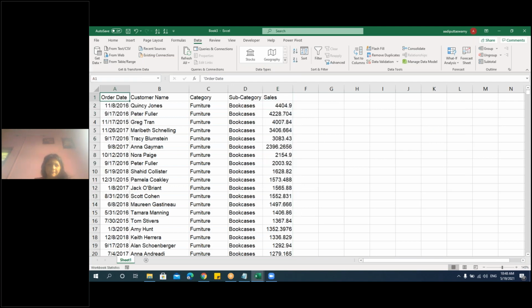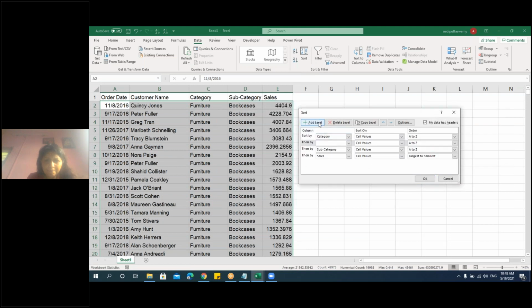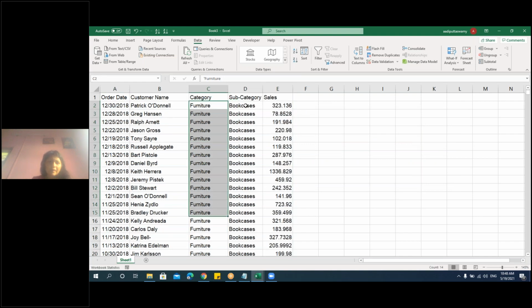Now, if you want to sort by date as well, then say Sort, and here I'll say add level. First, let's say I want to sort by category, then subcategory, and after that by date. Within date, I can choose oldest to newest or newest to oldest. Newest means the latest date will come on top. Say okay. See, first category, then subcategory, then the date, and within the date I get this